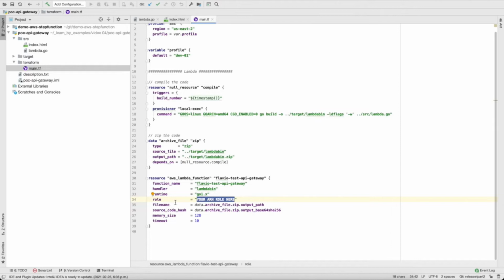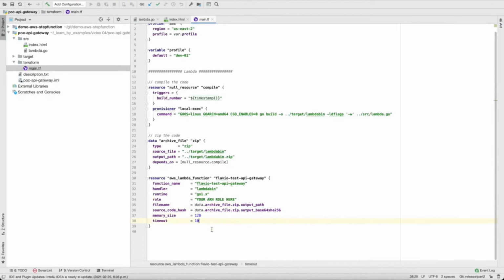I'm using the latest one right now, so I'm going to use a different way to reference those files. So we don't need to use those interpolation, which is kind of deprecated. So we're going to use this way now. So just access your data and your archive file, zip, and then my output path, which is this reference here. And then for the source code hash, same thing, the zip file, and we have this property here,